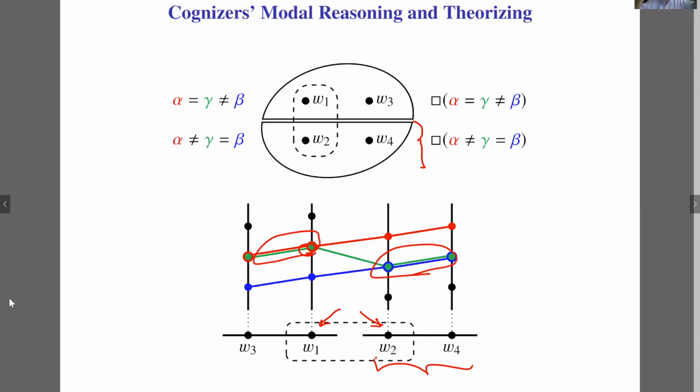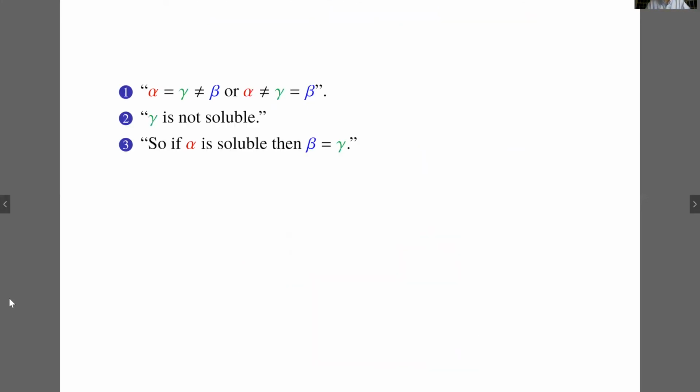Okay, so this is the picture or model in which the cognizer doesn't know the identity. It's still an a posteriori factor whether gamma is alpha or beta, but still within each of these metaphysical partitions of alternative pictures of metaphysics, they still satisfy the necessity. So is that all right? Okay, then let's get to the